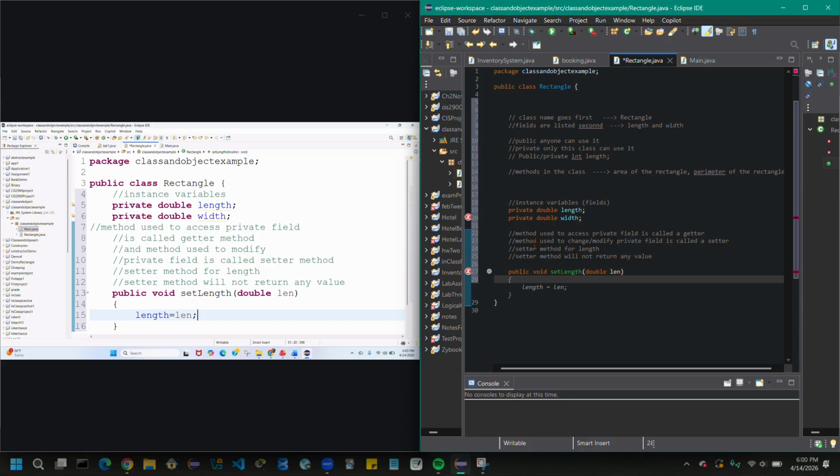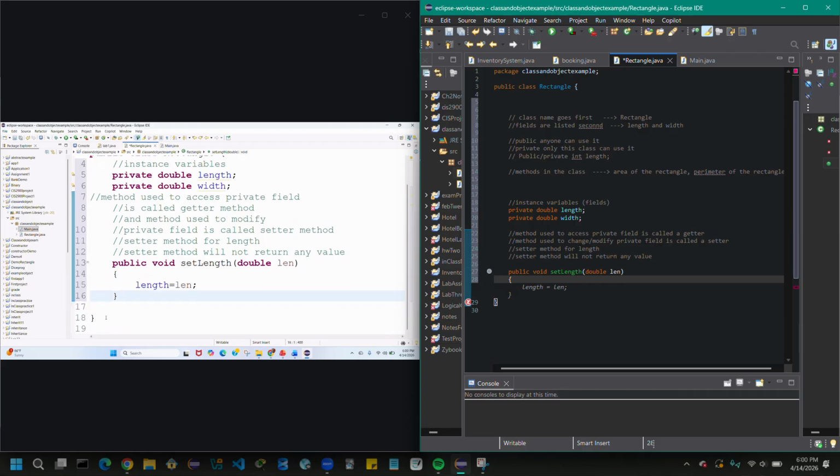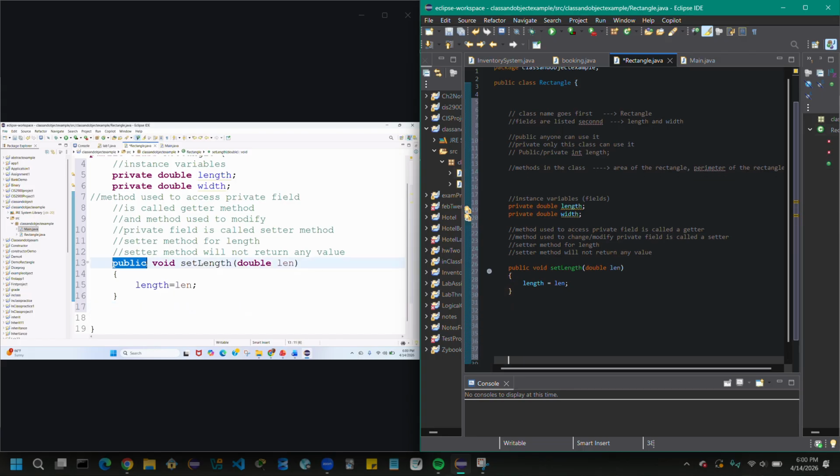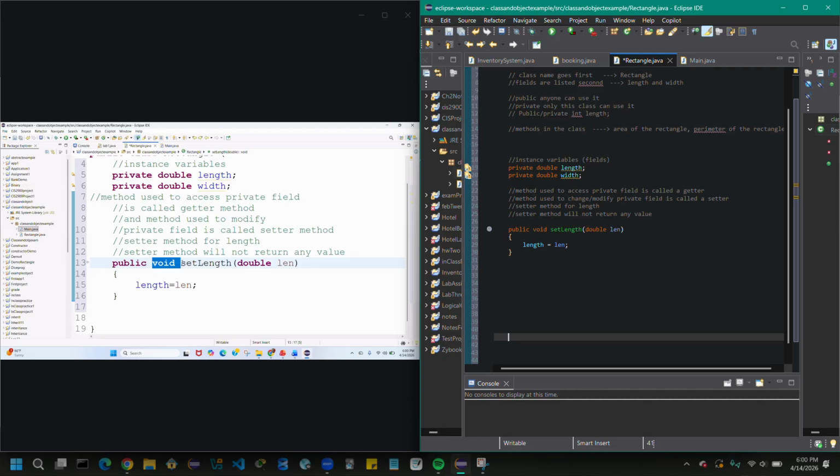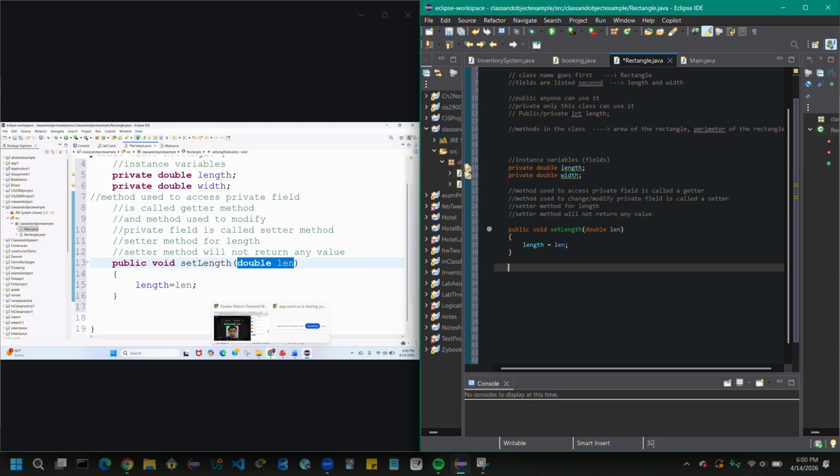Okay. So if you remember how to define methods, again we are using the same concept: public, return type, name of the method, and the parameter we are passing here. That is the syntax we have learned in our method chapter. Now, if you remember, we also used static.